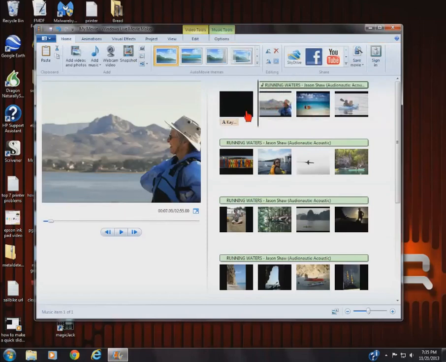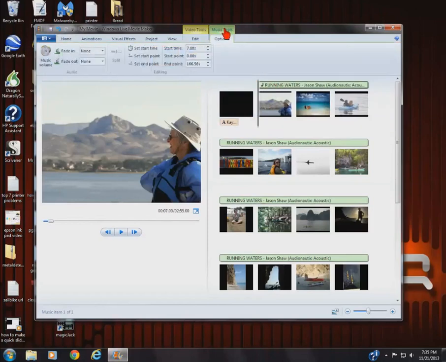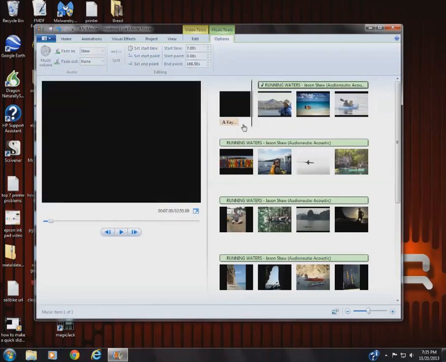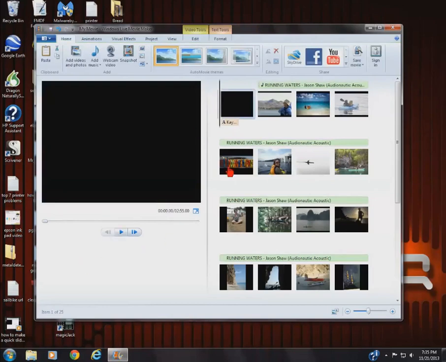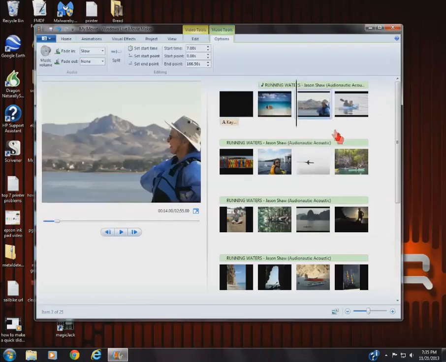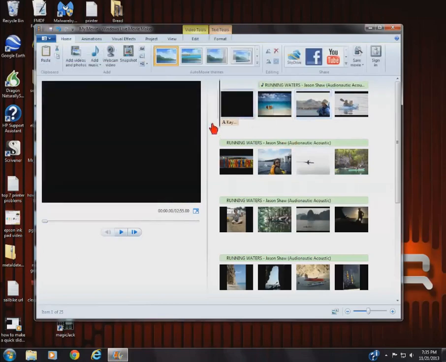So we've just edited our title to make it start at 4 seconds and move the song a little bit closer to the beginning. Now click on the song. We now can edit the music with music tools, and let's fade it in slow, and we'll start at the beginning. So we've put in our photos that we want to use. Oh, by the way, you can click and drag your photos. You can start on different ones, whatever ones you want to start with, and you can also delete them. And we'll start the video.